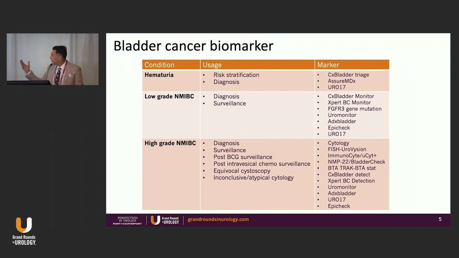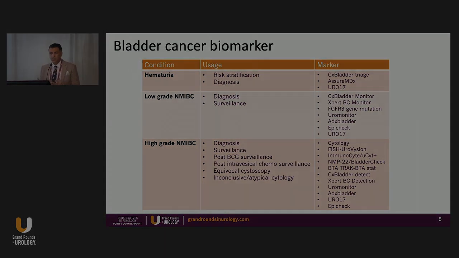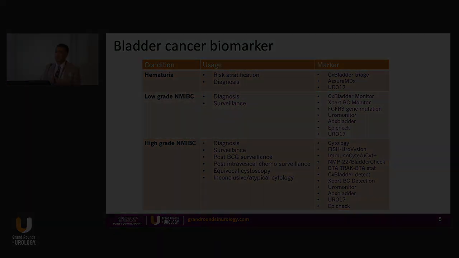There are a few biomarkers in that area. They already have some data, and I'm going to go over some of these markers. For low-grade non-muscle invasive, the most important use of a biomarker is if we can delay the cystoscopy. Instead of offering our patients cystoscopy every 6 months, can we delay it for 1 year? And of course, for high-grade, it is more frequent, we do the cystoscopy every 2-3 months. But the question is that if the cystoscopy